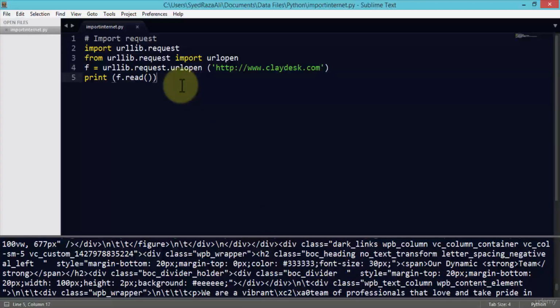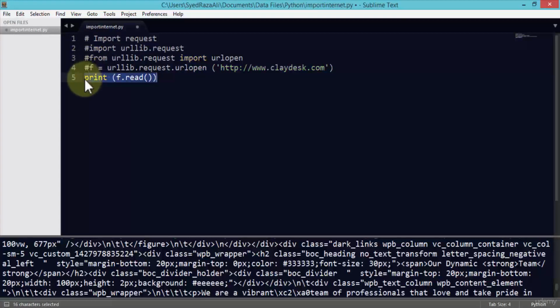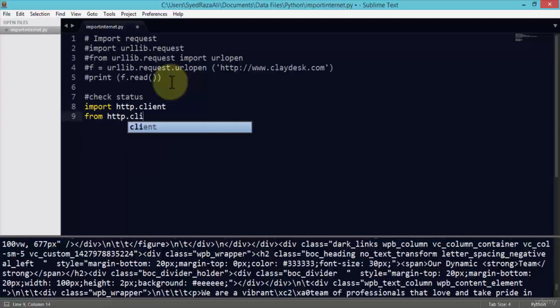If I need to check the status of, let's say, a certain site, whether it's okay or not, I can use the client library. For instance, let me comment this code out. And here, I'm going to put another comment: check status. I'm going to go ahead and import http.client. And from this http.client, I'm going to import HTTPSConnection. And then my connection, con, equals